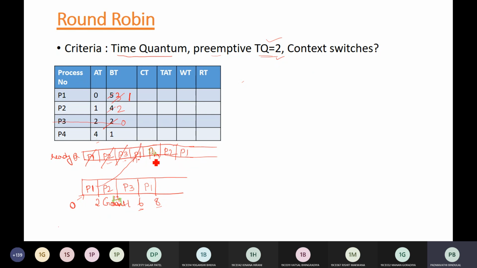Okay, now next P4 process. So P4 process, ideally you should execute for 2 seconds, but the burst time itself is 1 second. So you are executing P4 process for 1 second only, because process itself is saying I want only 1 second, and CPU will not allot 2 seconds and waste 1 unit of time. We have to maximize the CPU utilization. So you will be using the CPU only for 1 instant. Okay, so इसका भी काम complete हो गया है P4 का. So you remove the P4 process also from your queue. So P4 is also removed.